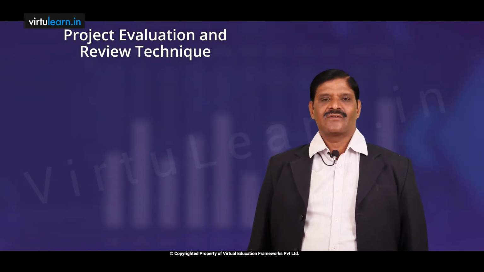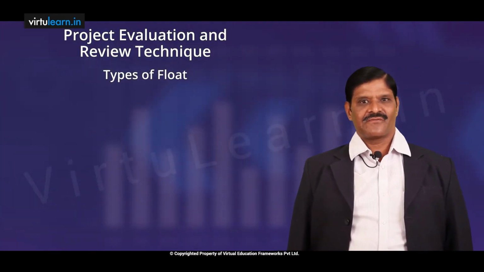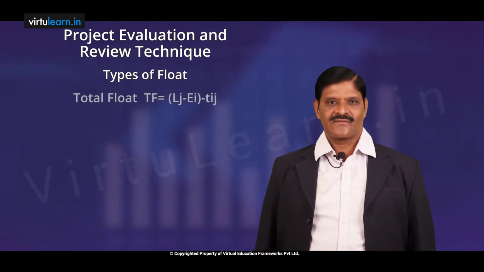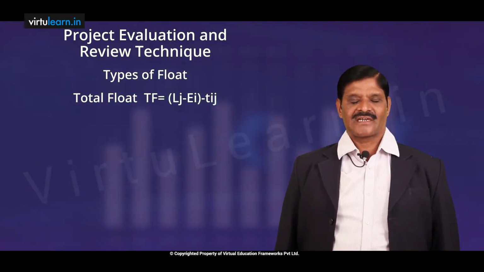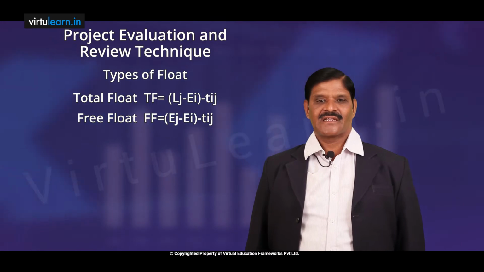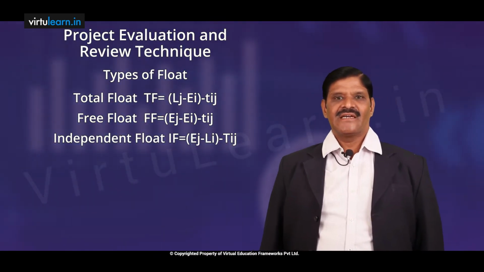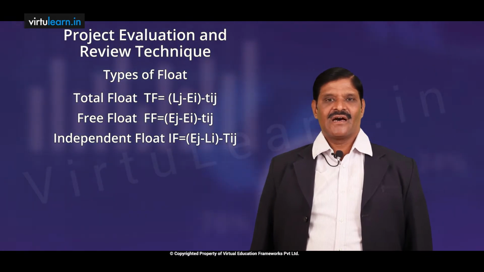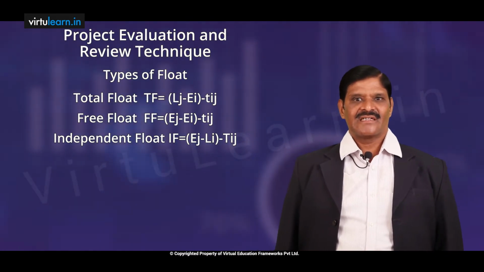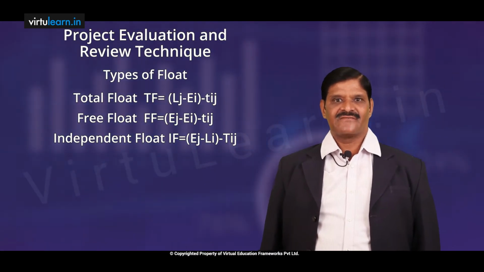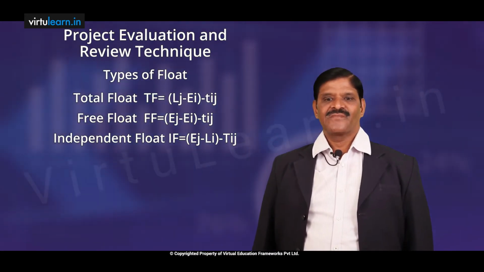They are known as types of float. We have three types of float: total float, second one is free float, and third one is independent float. The total float is a measure of the flexibility that a particular path or particular activity is given by total